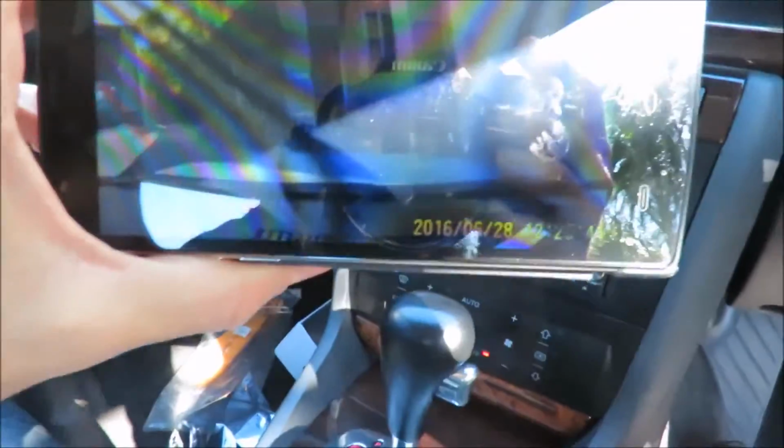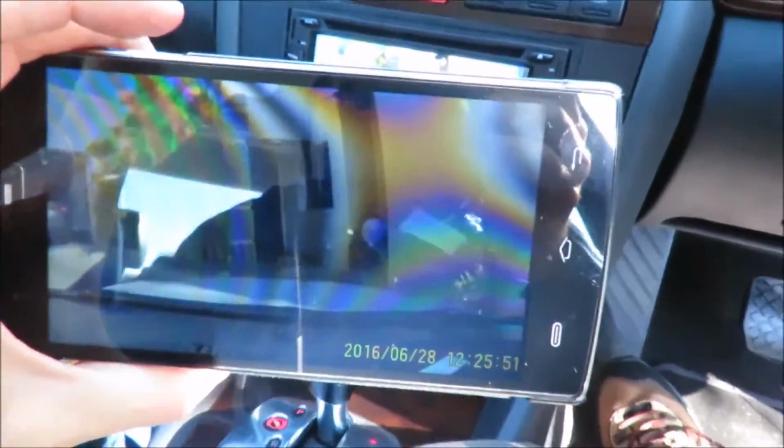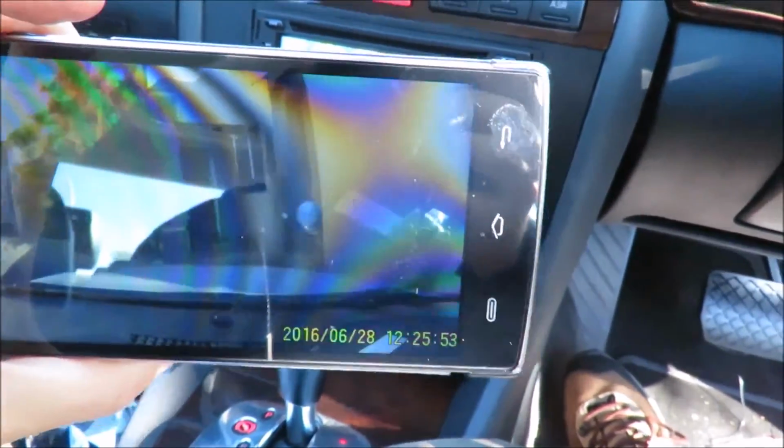It's automatically connecting. Where can I go to not have so much reflection? But you can see it's connected to the camera. Now I'm going to go somewhere where it's not so reflective. I can actually see myself walking away. Okay, now unfortunately my screen, thanks to the sun...